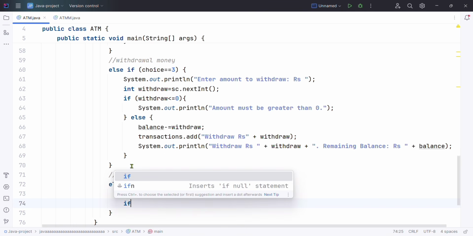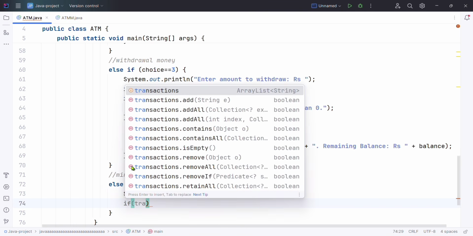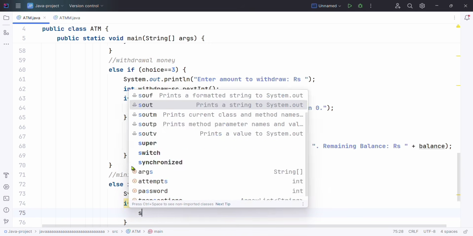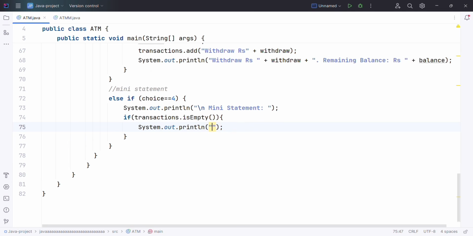And again we can use if transactions is empty, then we can simply print using sout no recent transactions, and we can use else